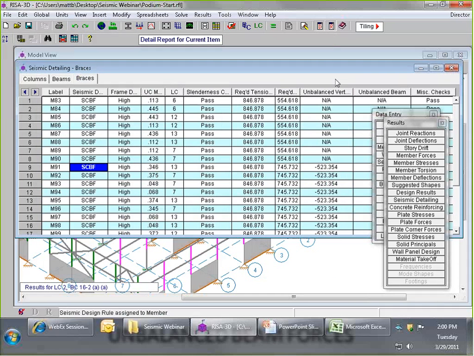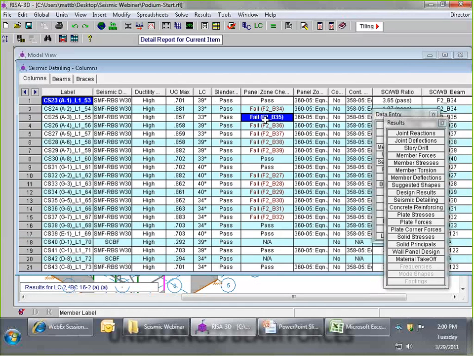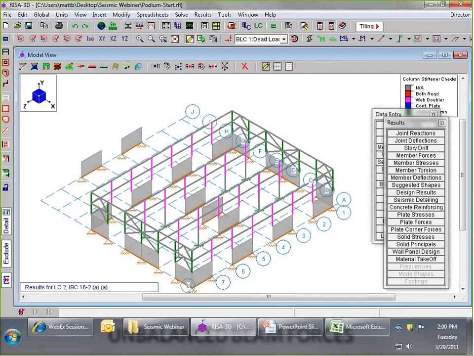So we can see everything else is passed in this model. And so actually, overall, we are looking quite good in this model with the exception of these panel zones. So we've now confirmed that we can actually have this model considered to be special moment frames and specially concentric